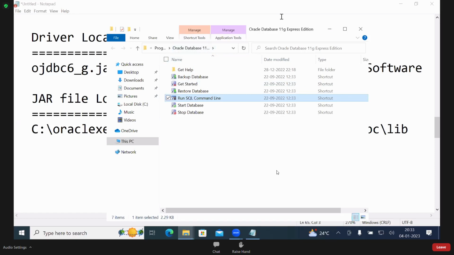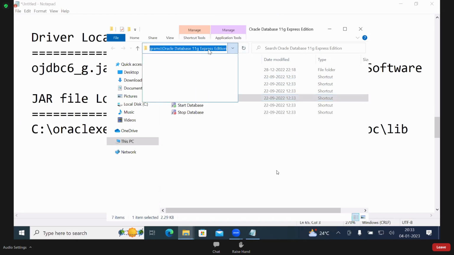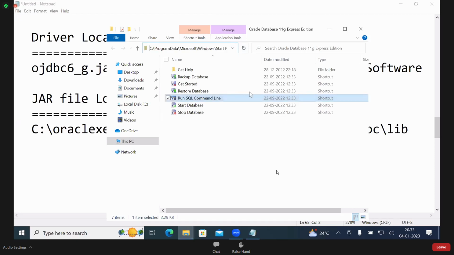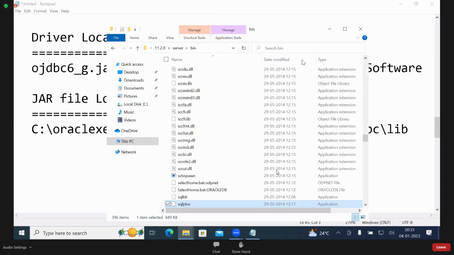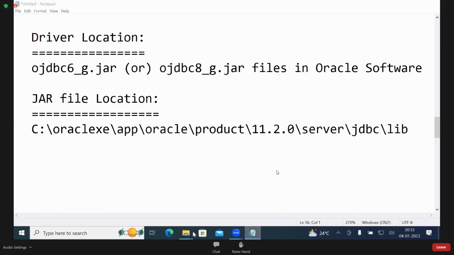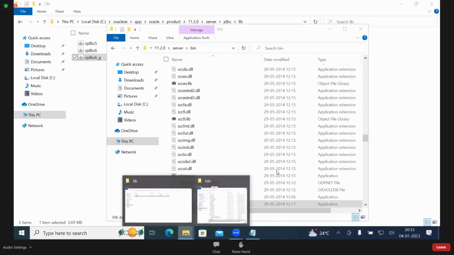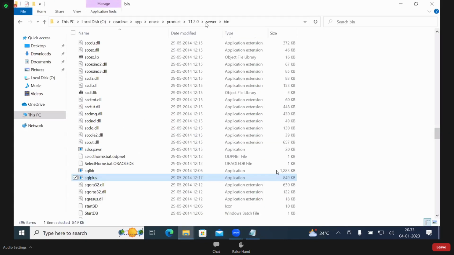Okay. See here, the location appears. One minute, one minute. This one, a shortcut came. That is, these are shortcuts. Again, open file location. You observe, it comes. Where it is installed, it comes. Now, this is the location that came, you observe.